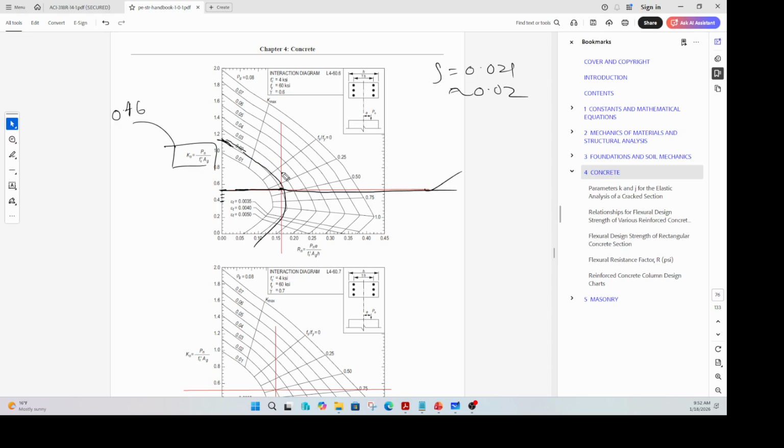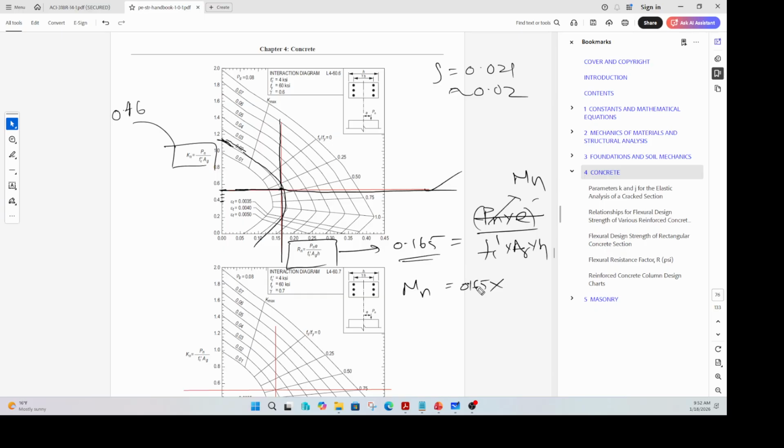They intersect at that point. Drop a vertical line there, and you find that this value is 0.165. It is cutting that axis at 0.165. So 0.165 is your Pn times e by Fc prime times Ag times h. In other words, you can replace this with Rn, and Mn is nothing but 0.165